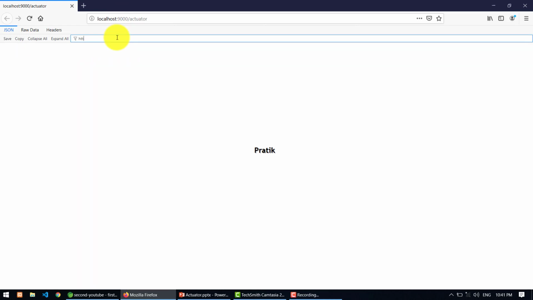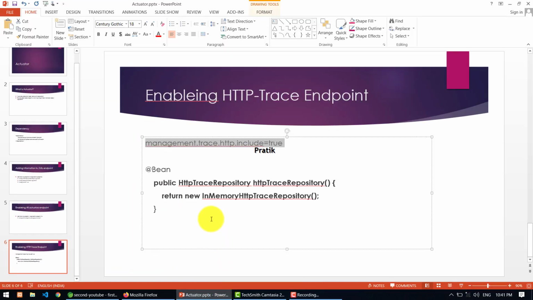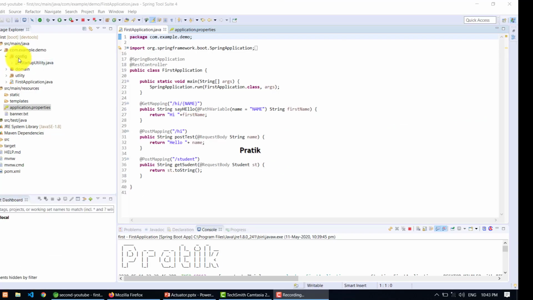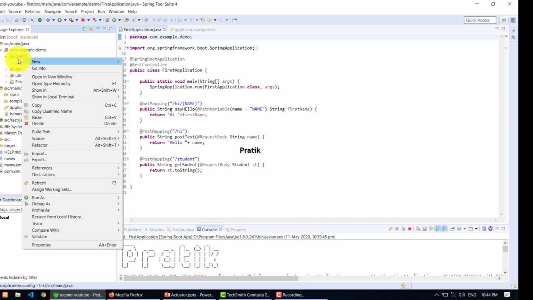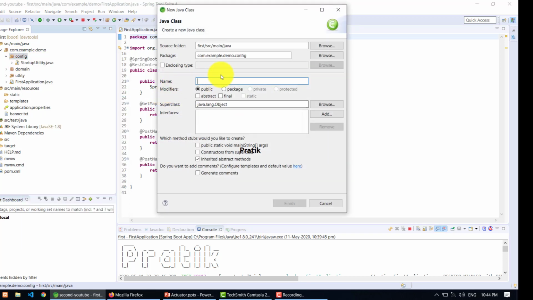There is no endpoint there. So what I do is add the bean called HTTP trace repository bean, and now I'm adding the HTTP trace endpoint bean. It is one kind of configuration, so I write it inside a configuration class.